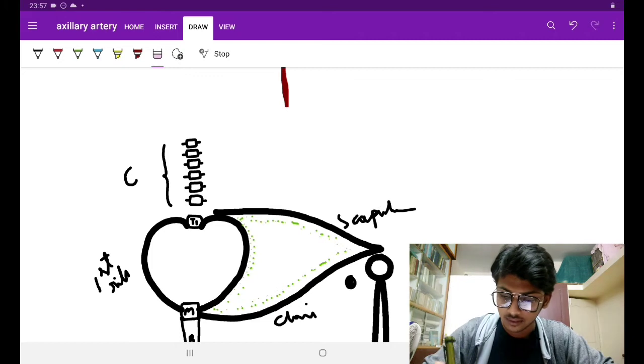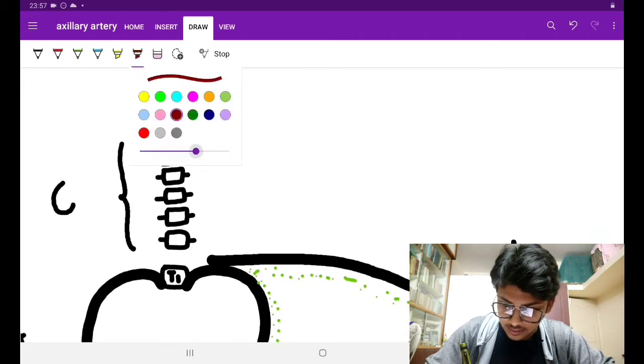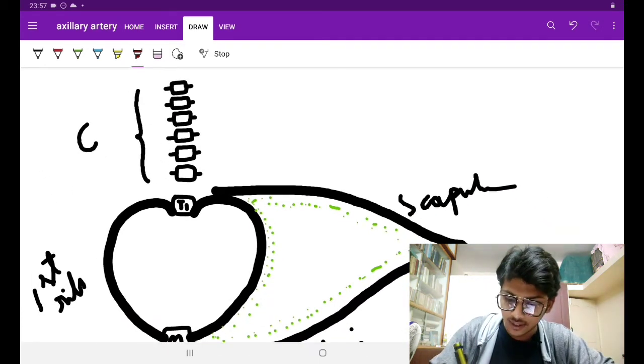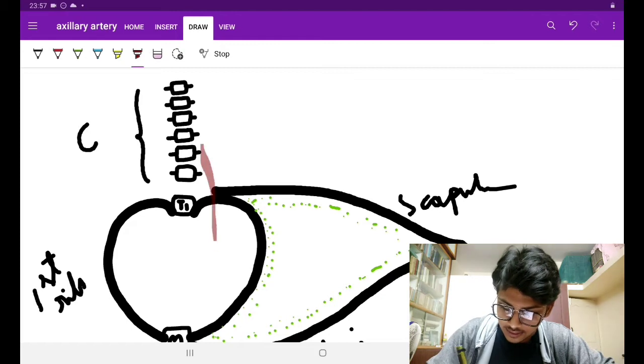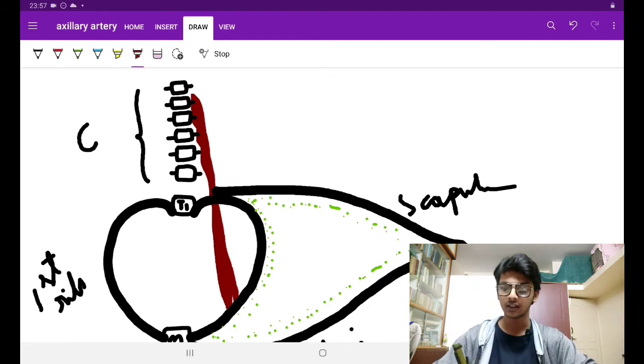See, the scalenus anterior muscle is coming from C7, C6, C5, C4, C3. These muscles come and attach to the scalene tubercle, which is present on the superior surface